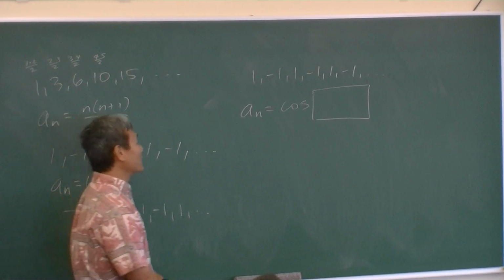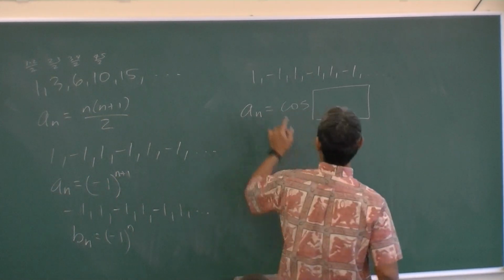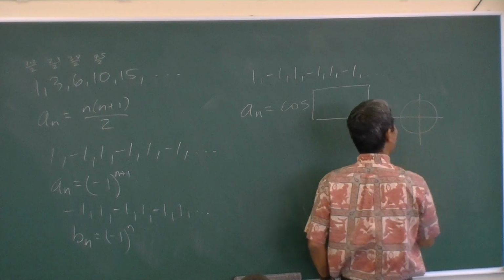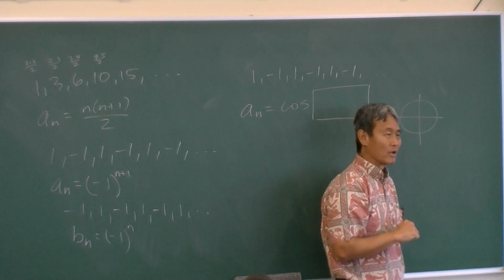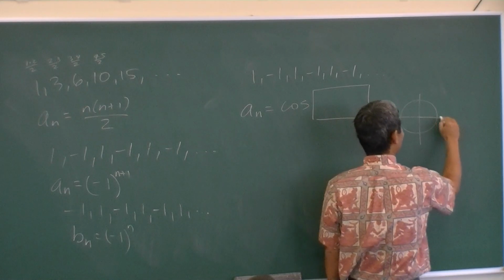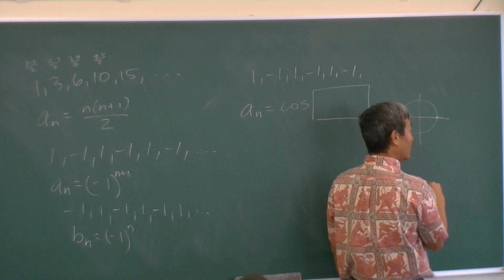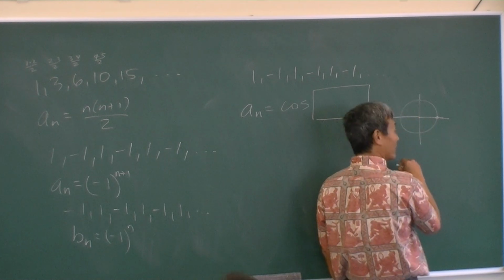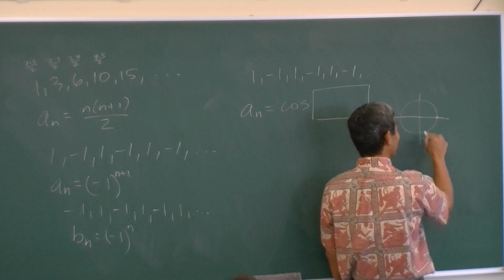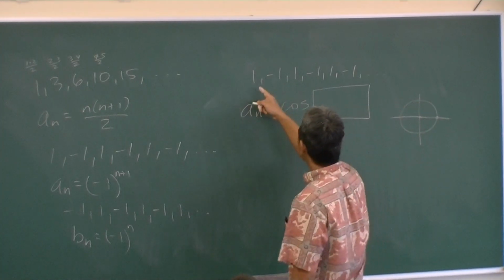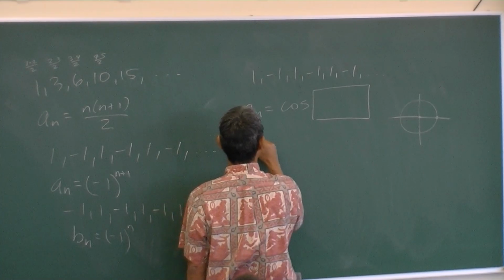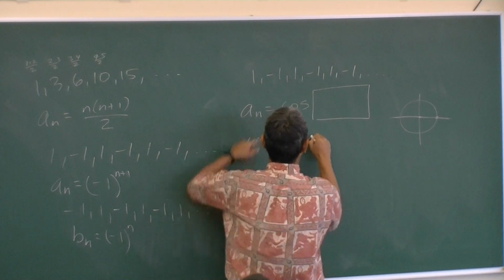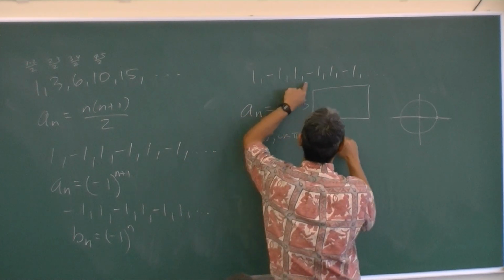Okay, let's review how cosine works. We want 1, negative 1, 1, negative 1. Think of the unit circle. Where on the unit circle is cosine equal to 1? Right there, at 0. Where is cosine equal to negative 1? At pi. Then when is cosine 1 again? 2 pi. So what you have to think is, that's cosine 0, cosine pi, cosine 2 pi,